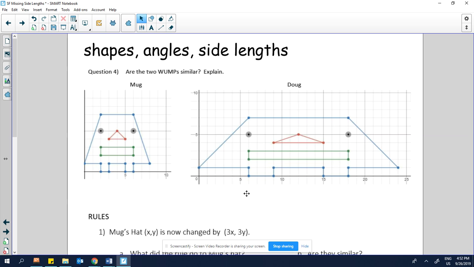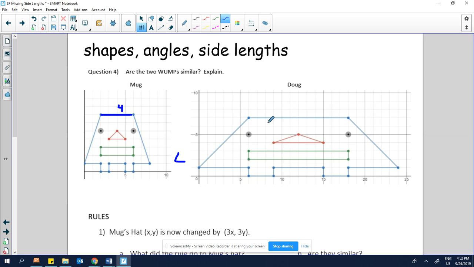All right, you should notice that the shape is not the same. He's gotten stretched out wider, but not taller. The angles, let's check that. Here's his angle. Oh, it does not fit in there, not the same angles. And his side lengths, well, we can look at the top. He is 4 tall on the top